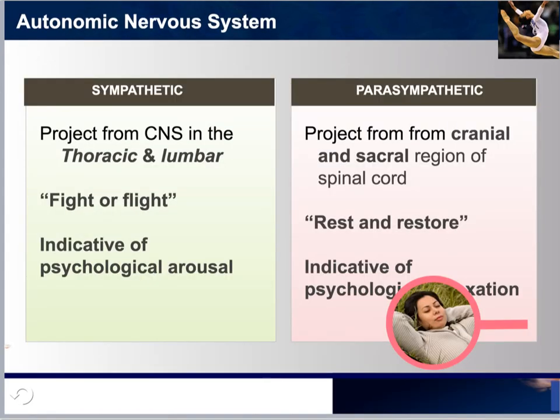Essentially, the sympathetic division serves the purpose of energizing, organizing, stimulating, and making use of resources when there are threatening situations. That would be the fight or flight response. This is an indication of a psychological arousal that would get you ready for action. Whereas the parasympathetic, which projects from the cranial and sacral regions of the spinal cord, would then serve the purpose of helping you rest and restore. And this would be indicative of